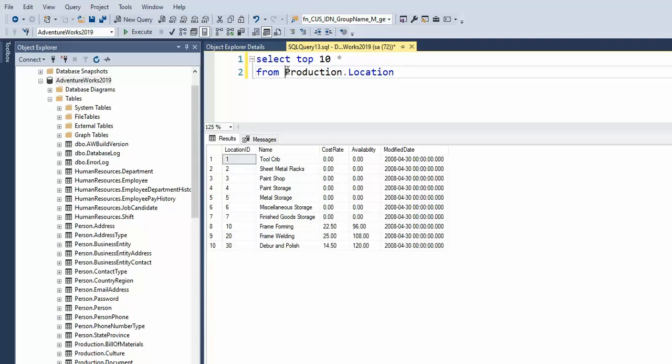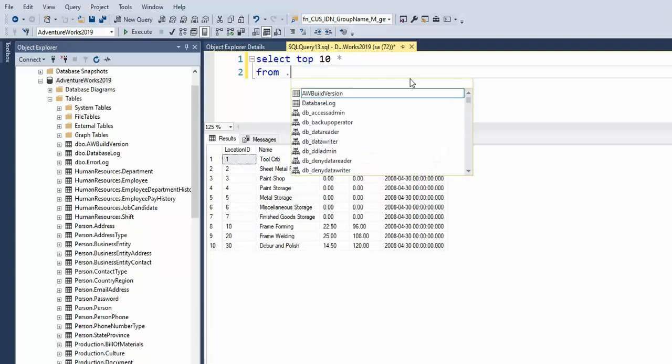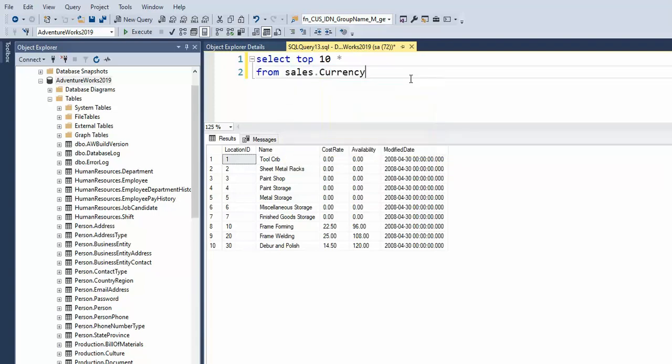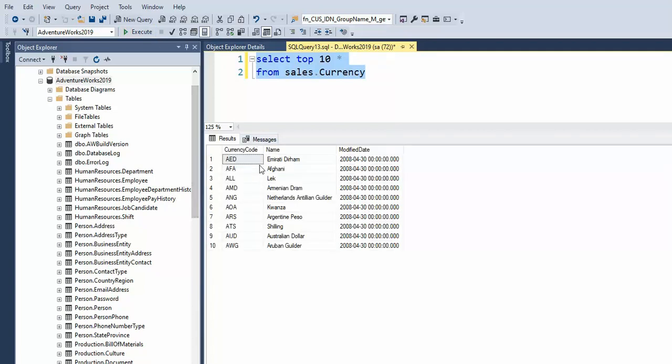Okay, and how about sales.currency? And I'll do 10 on those as well. And once again, I understand it. There's a 3-digit code for each currency. And that's it. So select star has been fixed by top n. Give me a number,